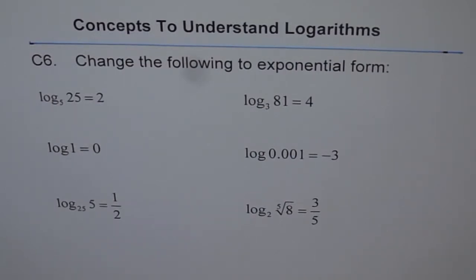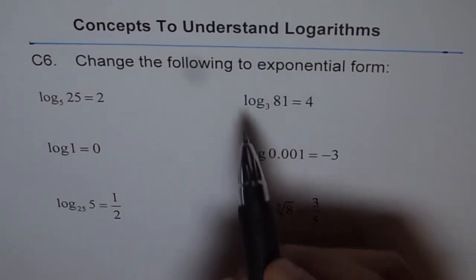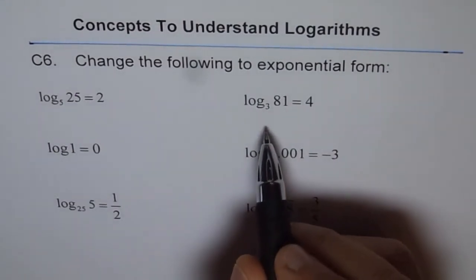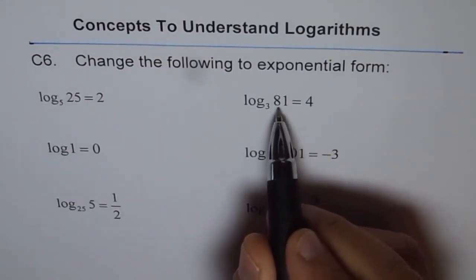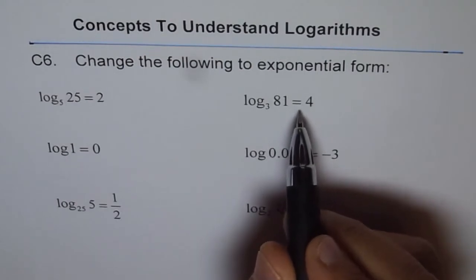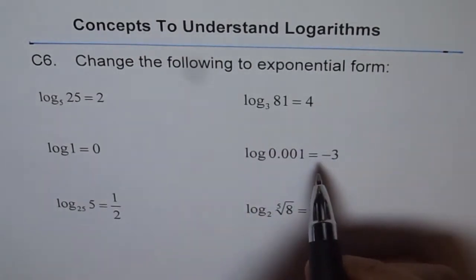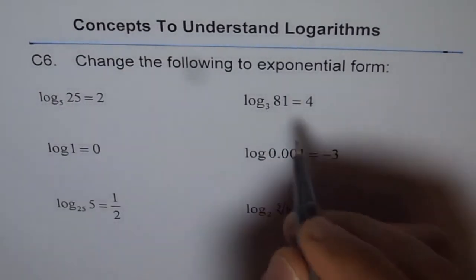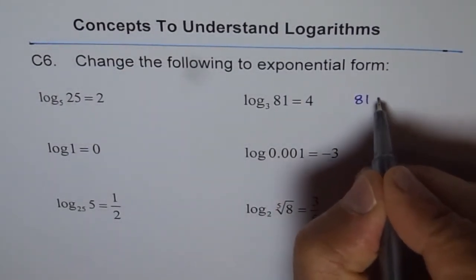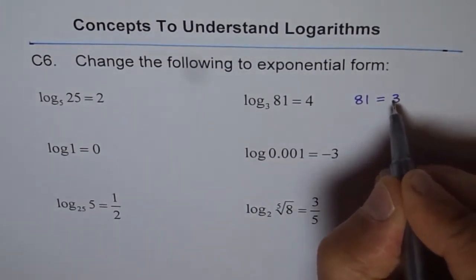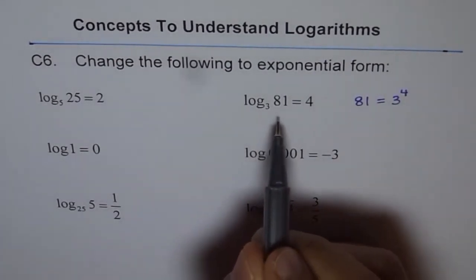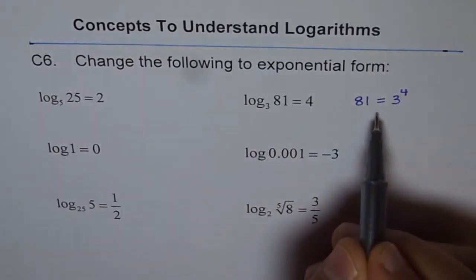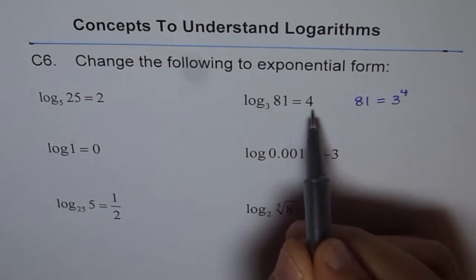Now what does that mean? I'll show you what it means. For example, if you have log 3 of 81 equals 4, it really means that 3 to the power of 4 is 81. So that is the literal translation from log to exponential form. So I will write down here, let me use a different ink, and we'll say 81 is equal to 3 to the power of 4. That is it. So that is the logarithmic form, and this is the equivalent exponential form. Both are communicating the same thing, correct?